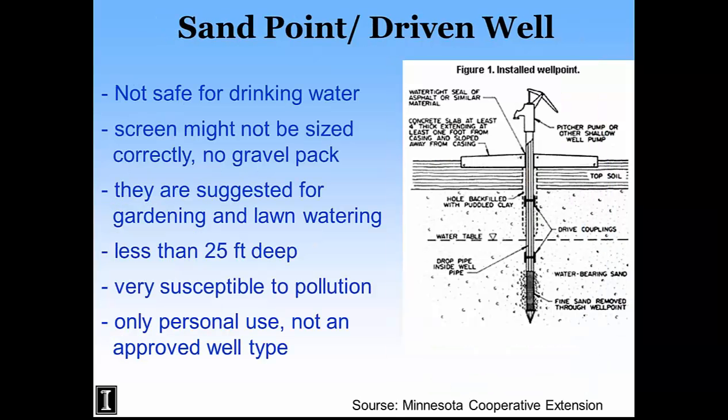Okay, so a sand point, I want to mention this. There's a lot of these out there. You can buy them in hardware stores in some places. When you have sand at the surface and a shallow water table, you can actually drive a sand point, which has a screen on the bottom, and it's just a hard pipe that you can use a sledgehammer with, or something on back of a tractor, and you can drive the pipe down in below the water table to get water. There's several problems with this,